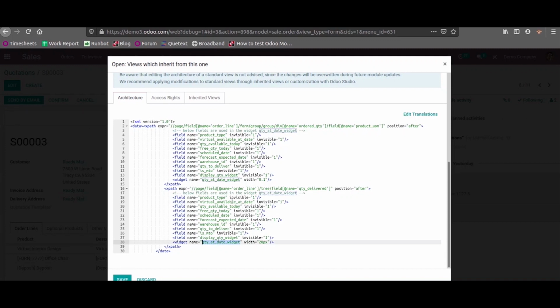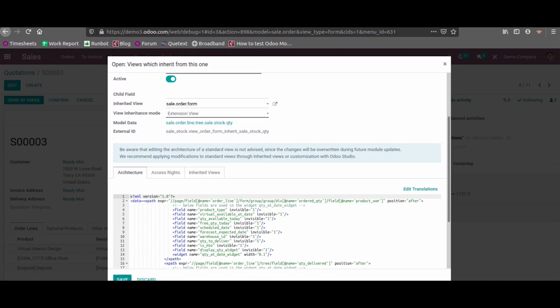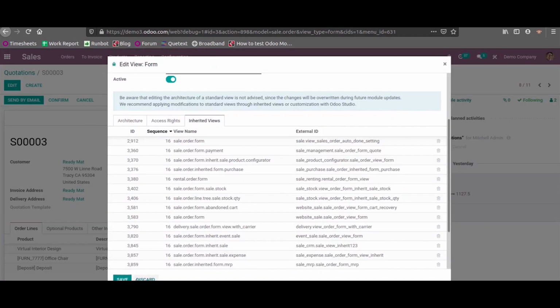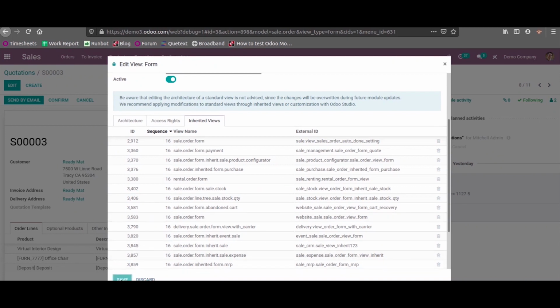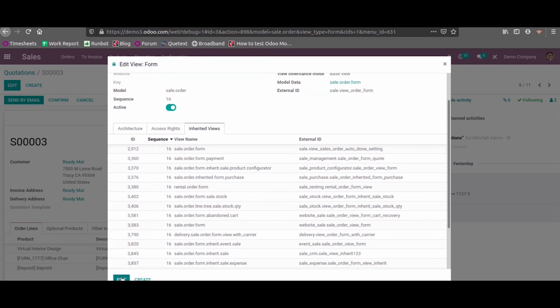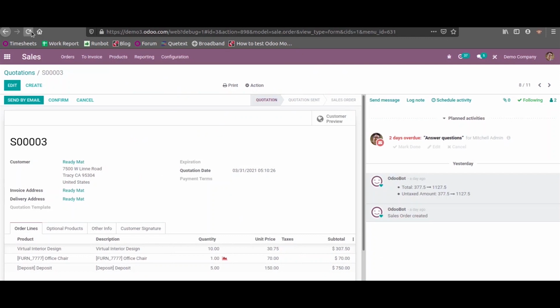If I comment this line and save the form, and now refresh this page, our desired output is that we should not see the widget, as we have commented the line.